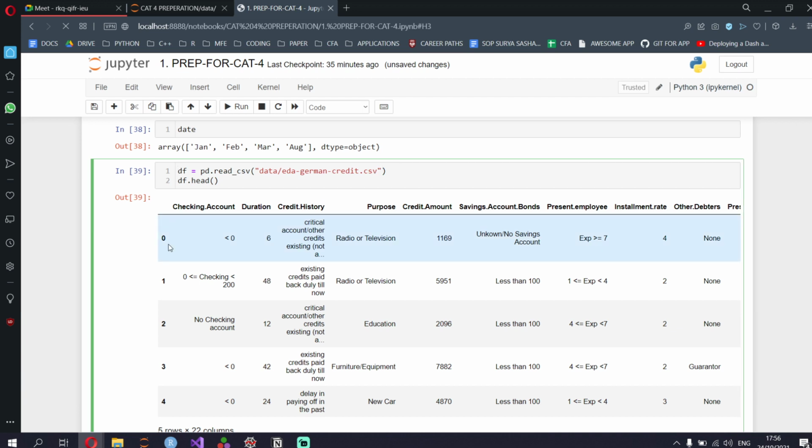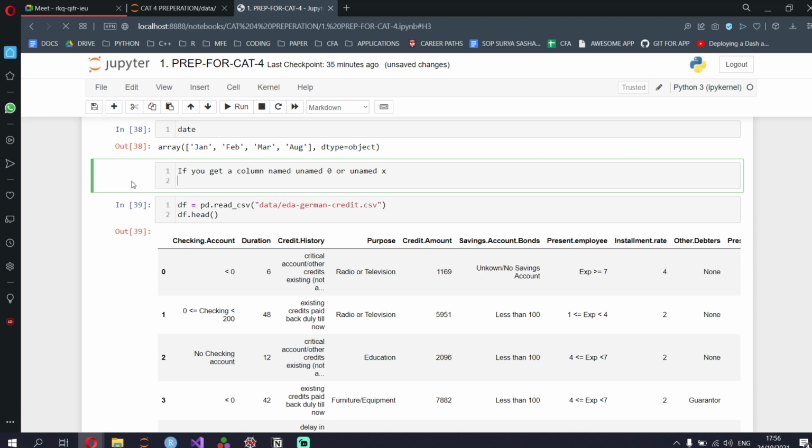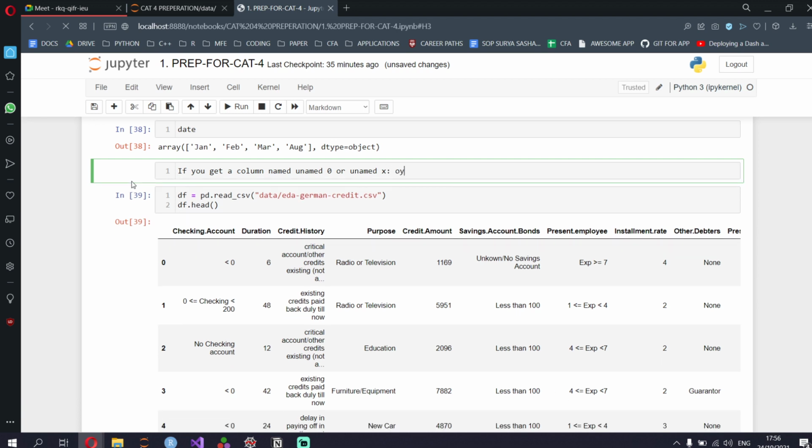If you ever get a column named unnamed 0, or unnamed x, you need to put index underscore col equal to 0 in the read underscore csv function.